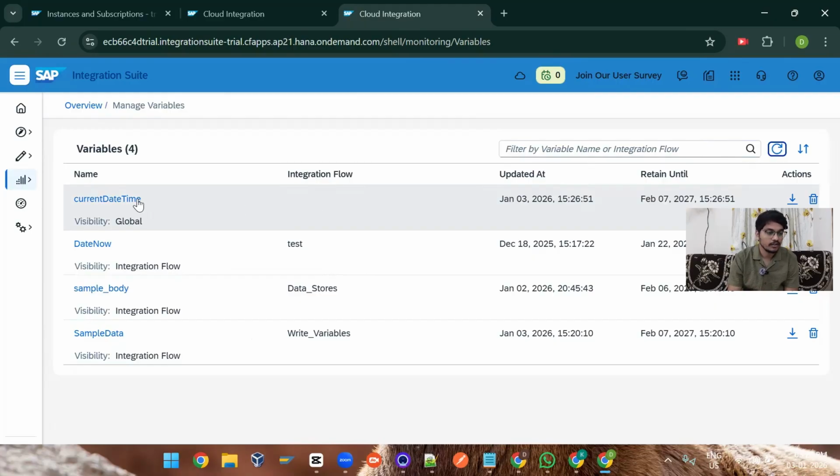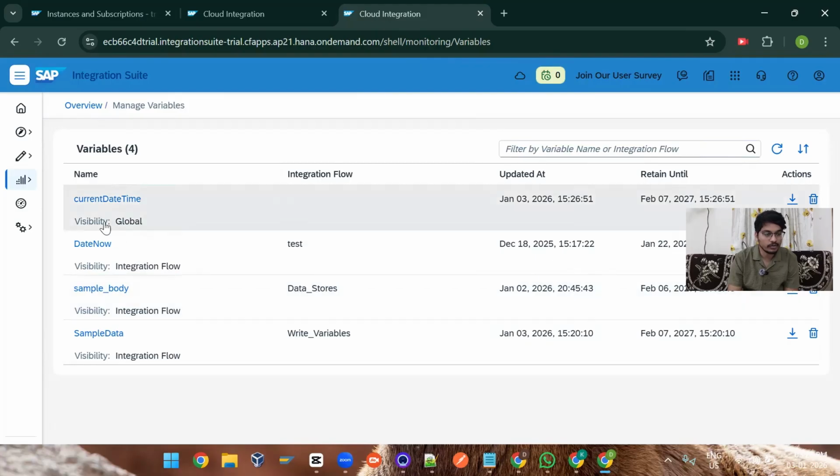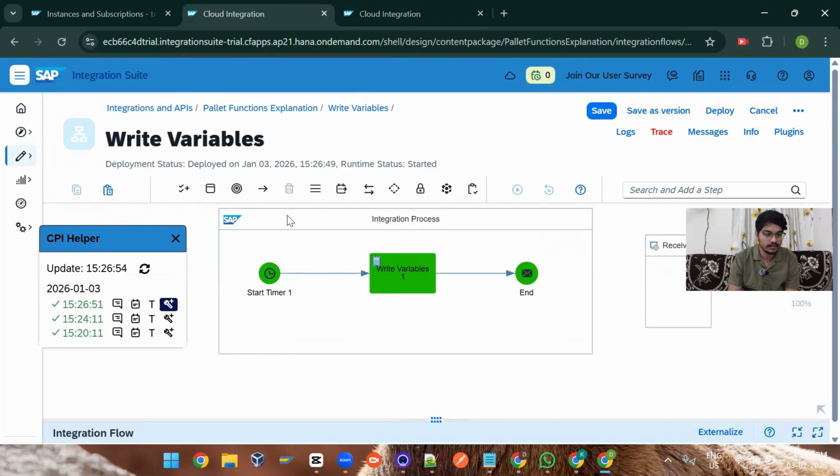Simple, right? So if we look at the value here, it says 03/01/2026 T, and this time is in UTC, Universal Time Zone. Okay. So I'm going to read this current date time from another iFlow. Let's try to do that. So I will save this